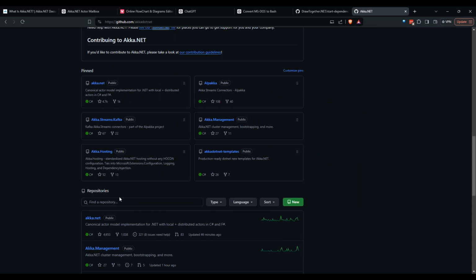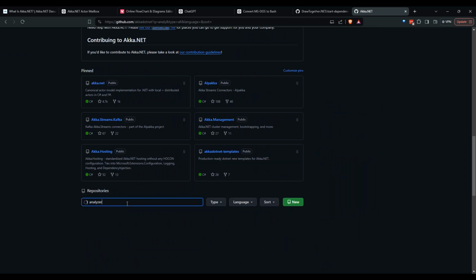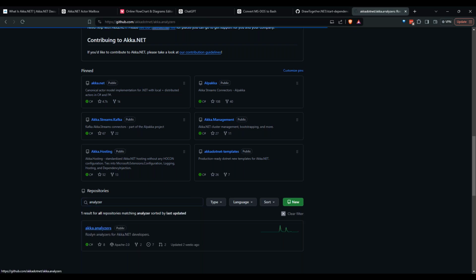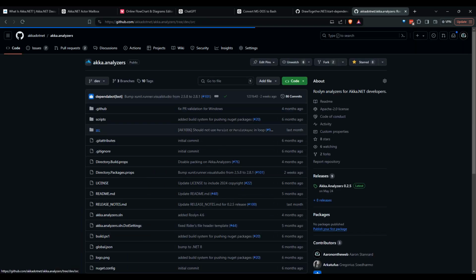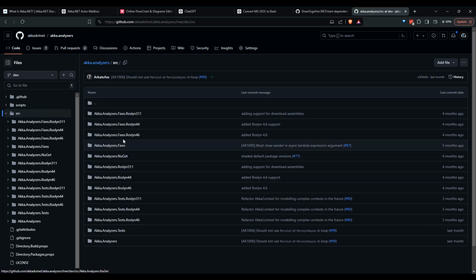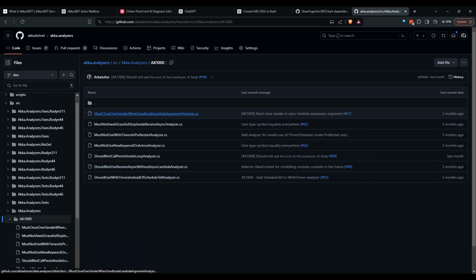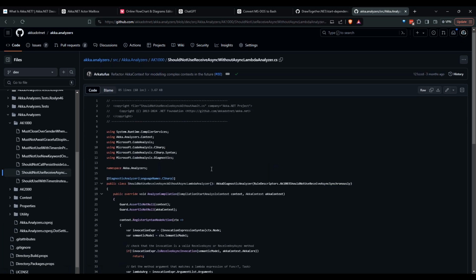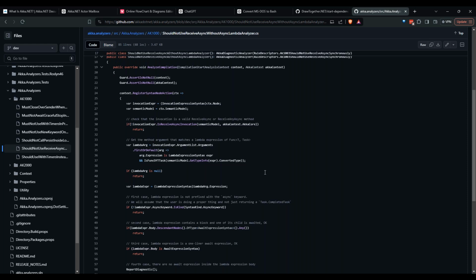our actual real analyzer rules that we use. Let's go ahead and grab Akka analyzers. And if I pull up, let's take a look at the analyzer rule in question. I think it's under, let's see, which one of these projects is it actually? Akka analyzers. Well, there we go. If I take a look at Akka 1000 and we take a look at, should not use ReceiveAsync without async lambda. There we go. Another kind of similar rule looking at one of the same parts of Akka.NET that this one